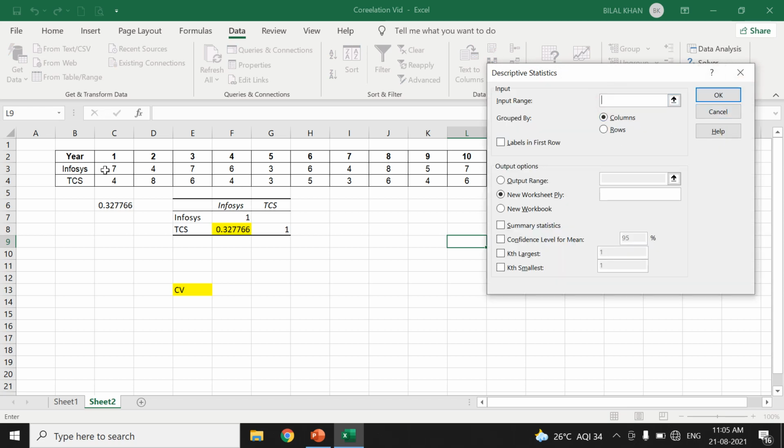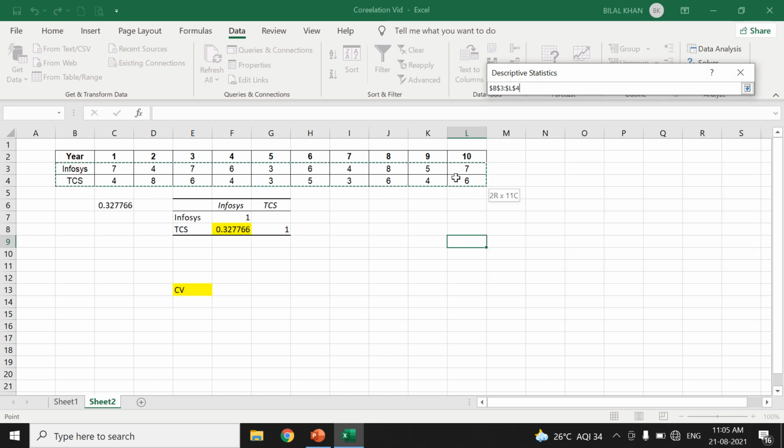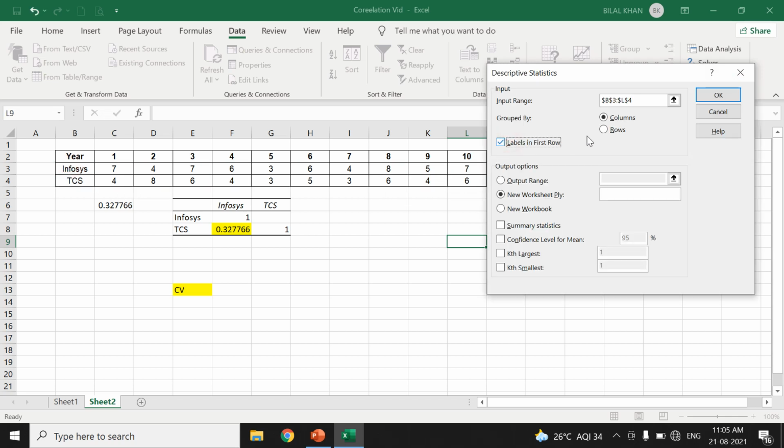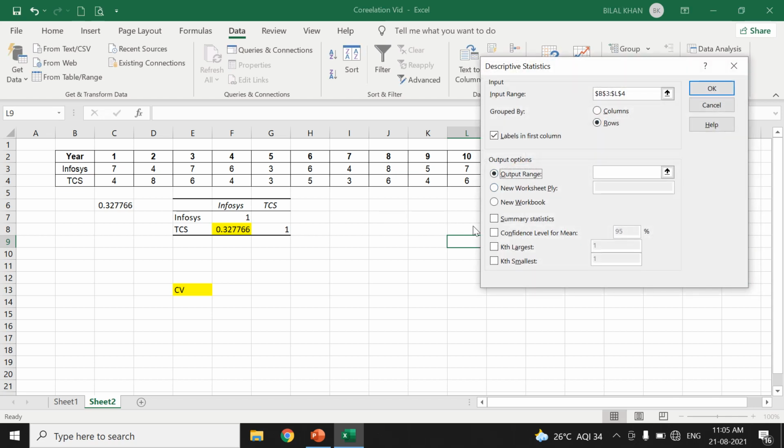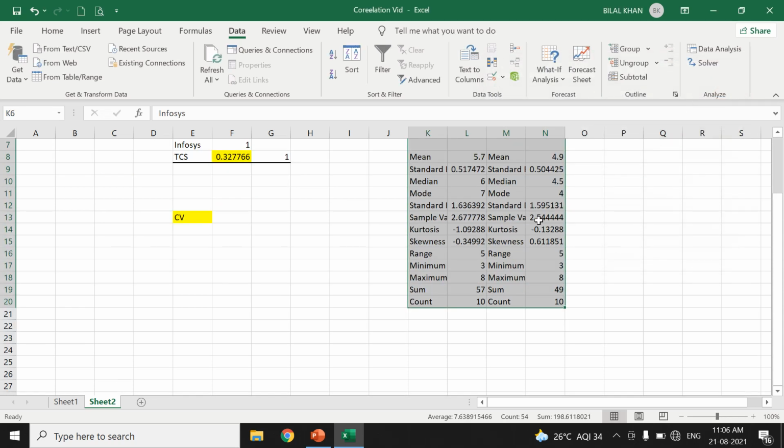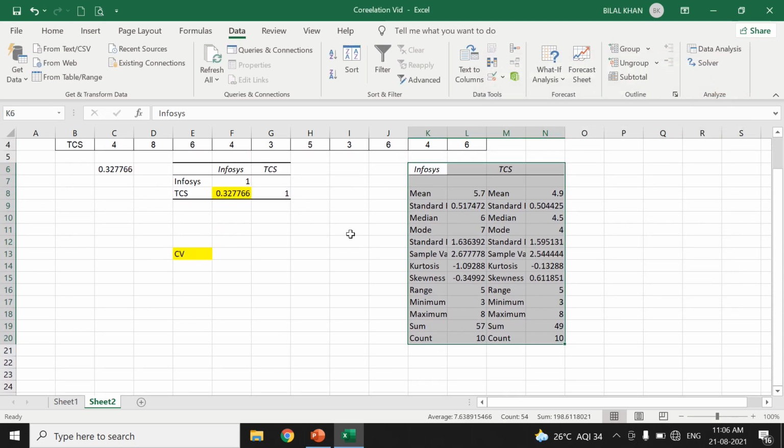If the data is not too big, we can do it very quickly. Labels in the first row, data is grouped by columns. Output range is where I want the output to come, somewhere here, and I want the summary statistics. I hit OK, and I get all the summary statistics for Infosys and TCS.